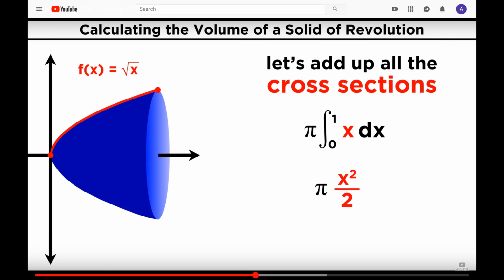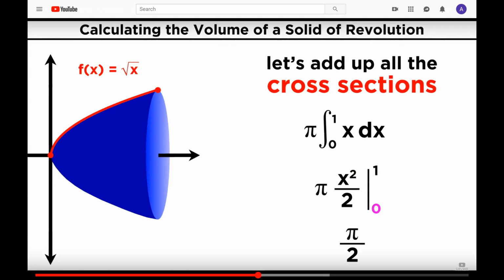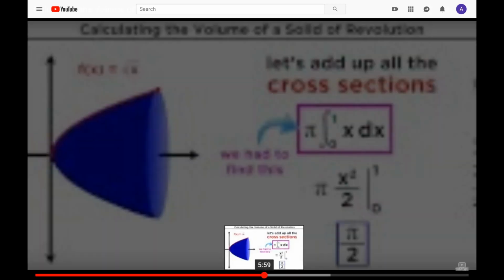Squared over 2. Evaluating at 1 gives us pi over 2. And since the lower limit is 0,